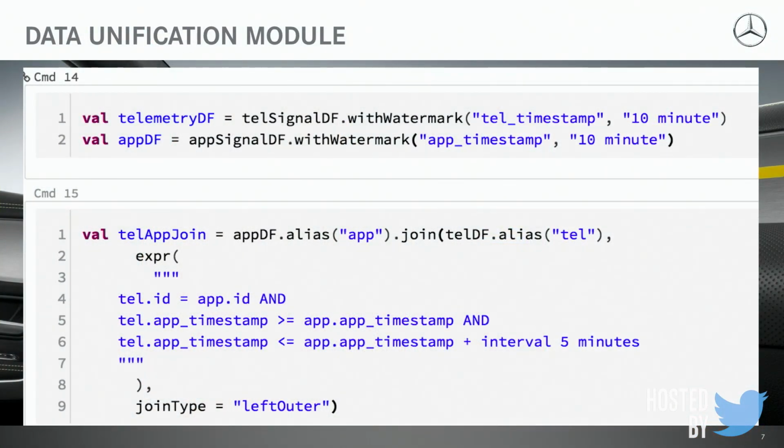So in the second block, I'm doing a join here, which is based on an ID. This ID depends on the source of the data. For example, every vehicle has a vehicle identification number. So we do this join on the basis of the vehicle identification number and then the timestamp. What we have analyzed so far is that the amount of data we are dealing with, you can imagine, as many cars as we have running globally, affects our